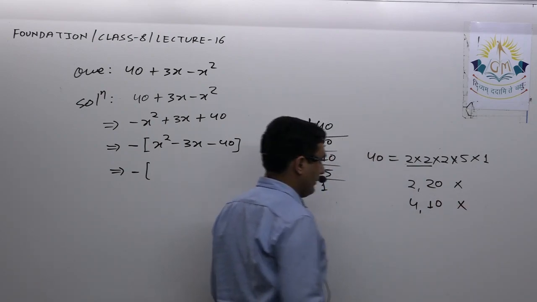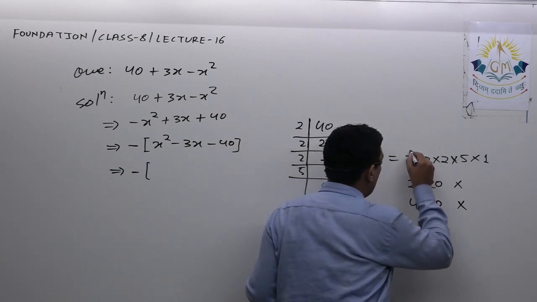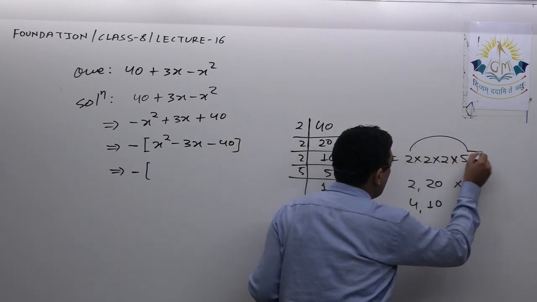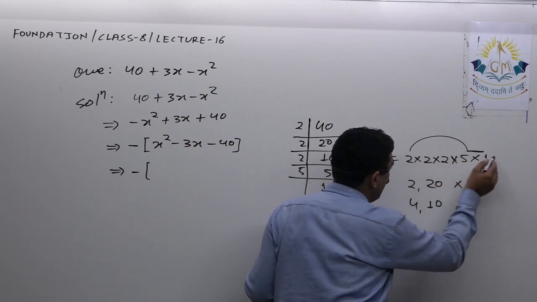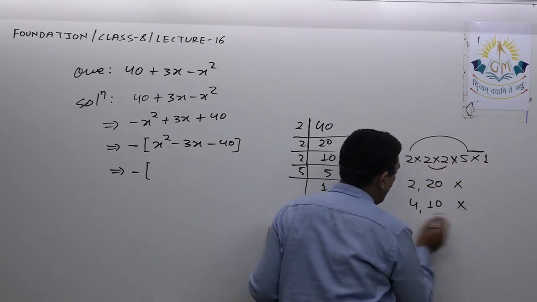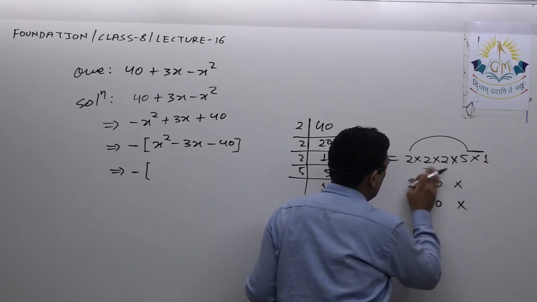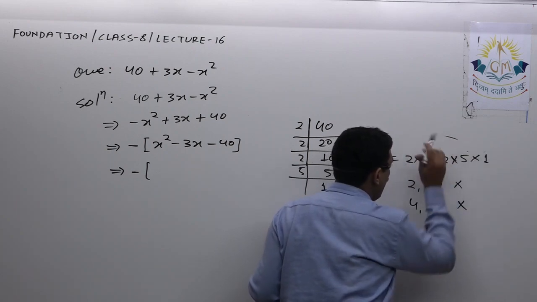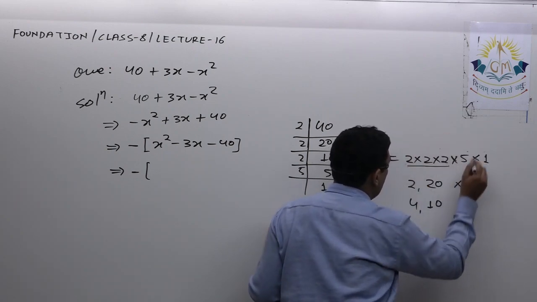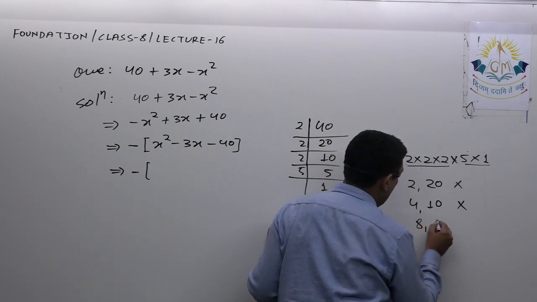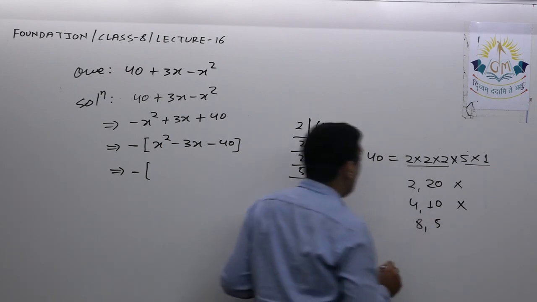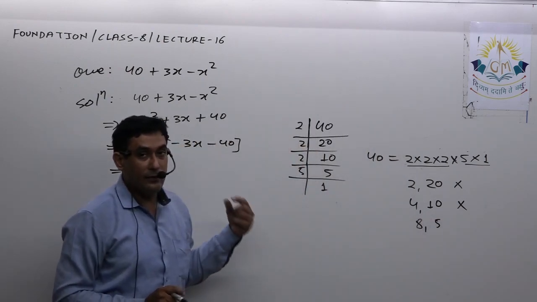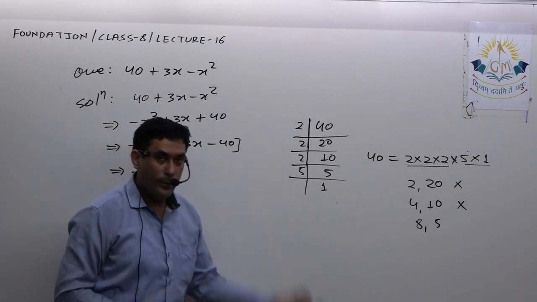their difference is 6. Now if I do it this way, I took these three, that is 10, and over here it is 4. So this was the same. Okay, so now if I take these three together and these two, it is 8 and 5. Yes, 8 minus 5 is 3, and we know the difference is minus 3.